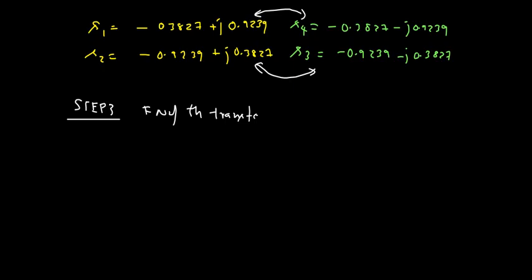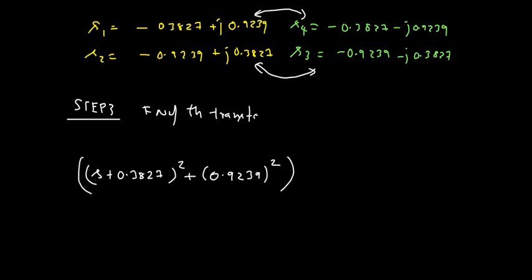Maybe I'm coupling the S1 and S4 roots as S plus 0.3827 whole square plus 0.9239 whole square. Okay, this is the way we combine S1 and S4. Similarly, I can combine S2 and S3 roots as S plus 0.9239 whole square plus 0.3827 whole square. So combining both of these, I'm just expanding and writing it,